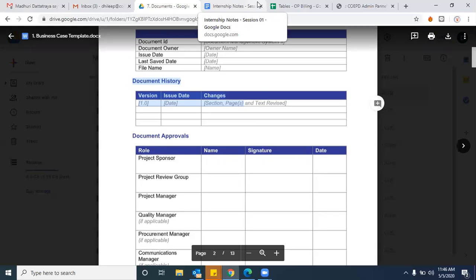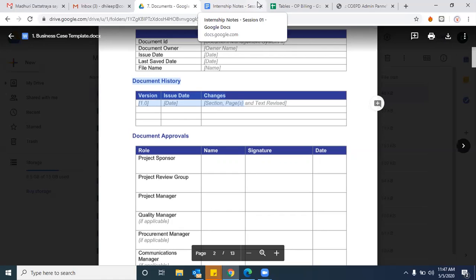Until you get approval, you may get multiple revisions, right? You may get multiple suggestions. So each and every suggestion after review, you need to come up with a new version of the document, like 1.1 or 1.2 or 1.3, like that. Okay? Yeah, got it. Thank you. Yeah. Ritika, do you have any questions here? No, sir. You are clear on this? Yes, sir.